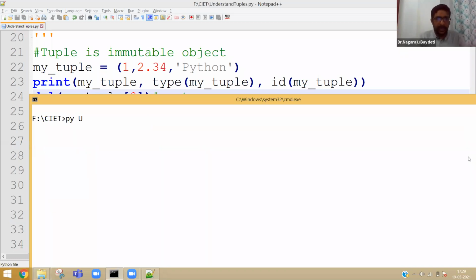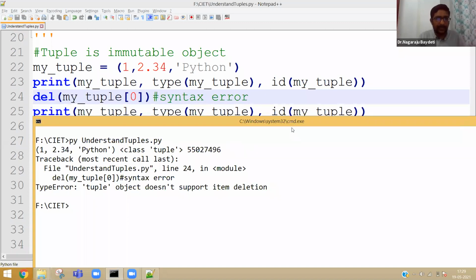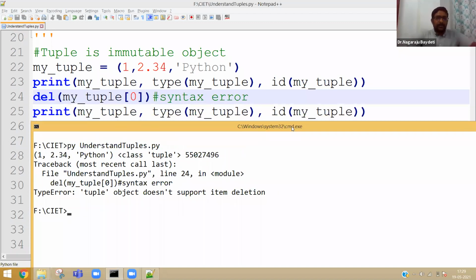Py understand tuples.py. Some part of the program will come because Python is an interpreter. If it is a C language, you will not get even some part of the output. So first time, line number 23,